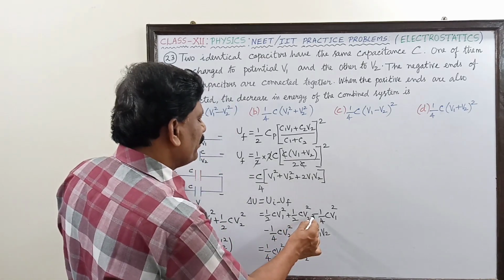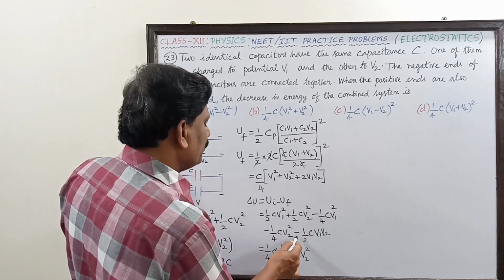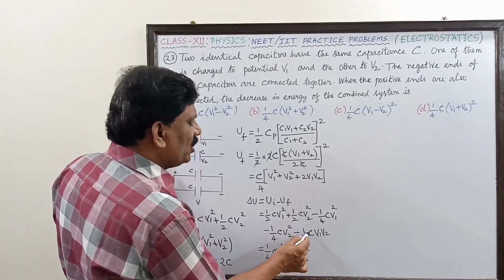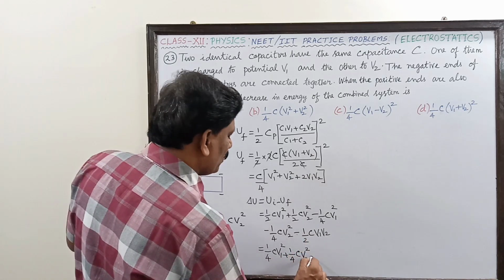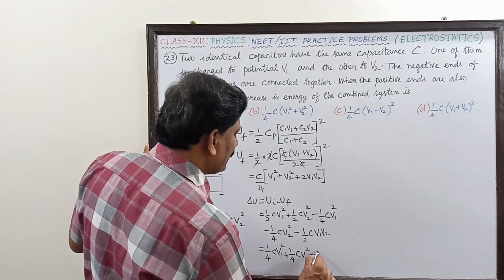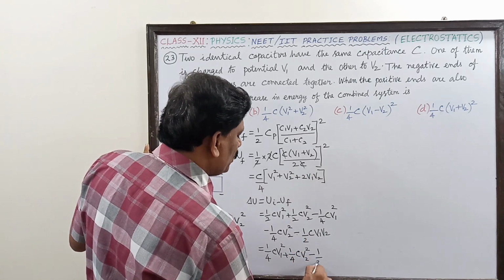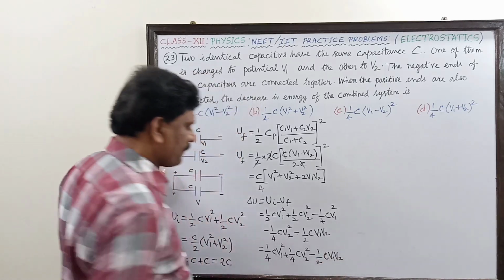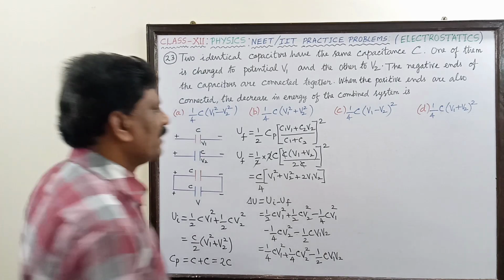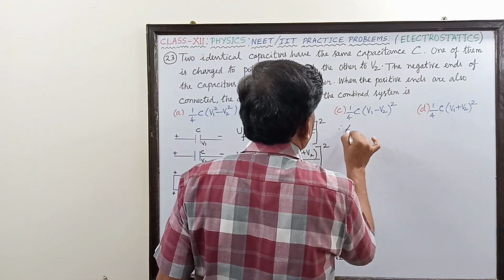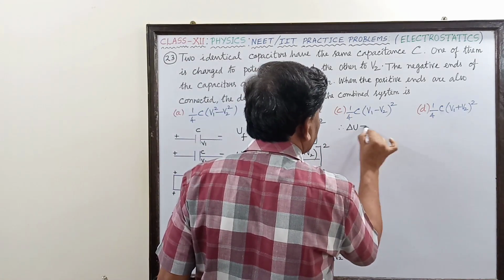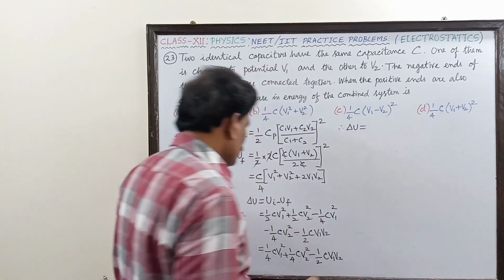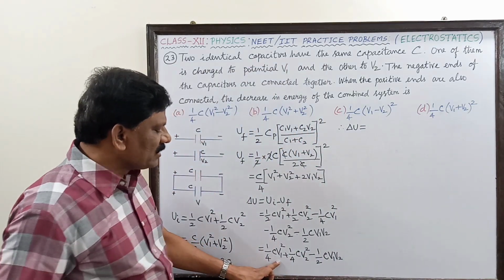Okay, what next is coming? You see, the last term is minus 1 by 2 into C V1 V2. So this can be written as minus 1 by 2 into C V1 V2. Therefore delta U, the decrease in energy, is equal to 1 by 4 C V1 square plus 1 by